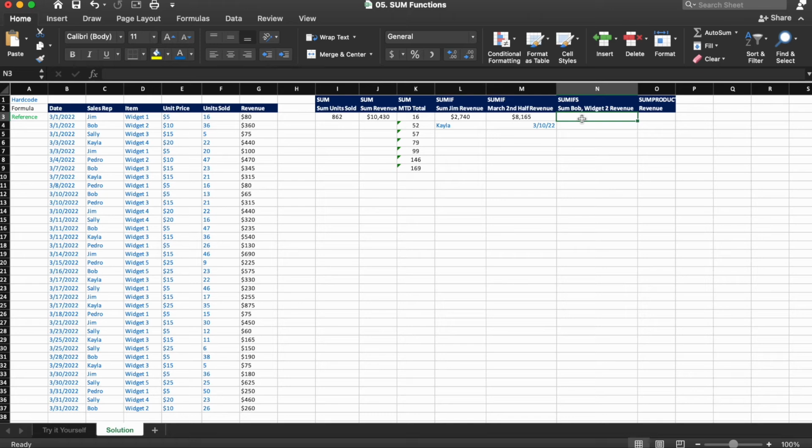For SUMIFs, the formula in words is the range that you want to sum, then range 1, comma, condition 1, then range 2, comma, condition 2, so on and so forth, and you can continue to add as many ranges and conditions as you'd like.